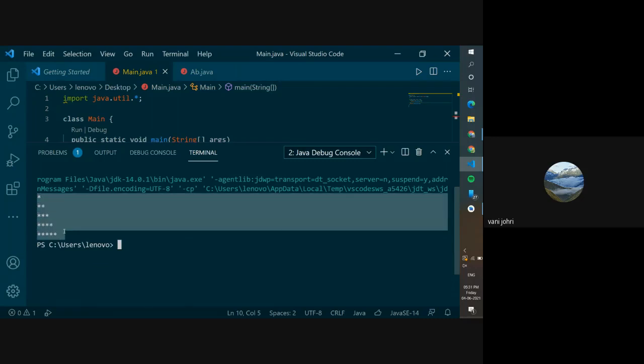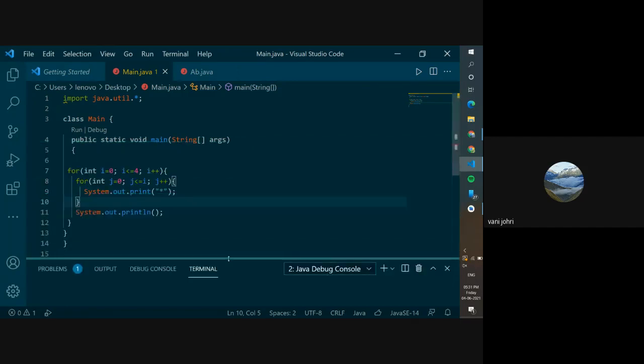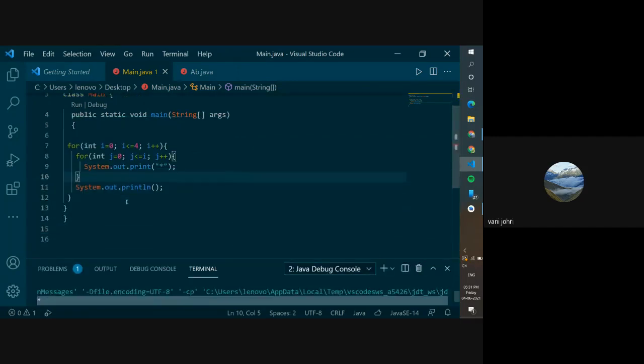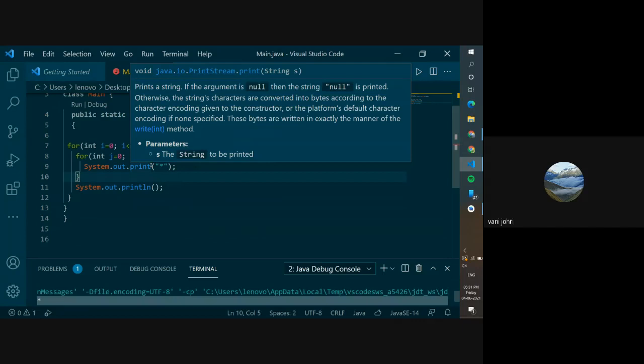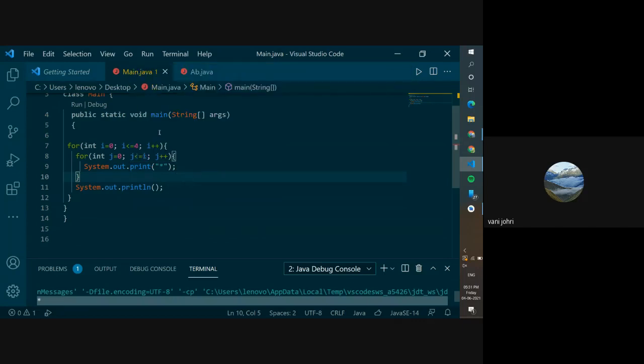So how did we get it? It was because we can use nested for loops. What do I mean by nested for loops? A for inside a for, and you can have as many as you want. The values that you give them depend completely on the logic behind it, on what you want to be printed. So for all these values you need to put your brain to work and think about it. So I'm going to dry run this program. I really wish I could write and show it to you.